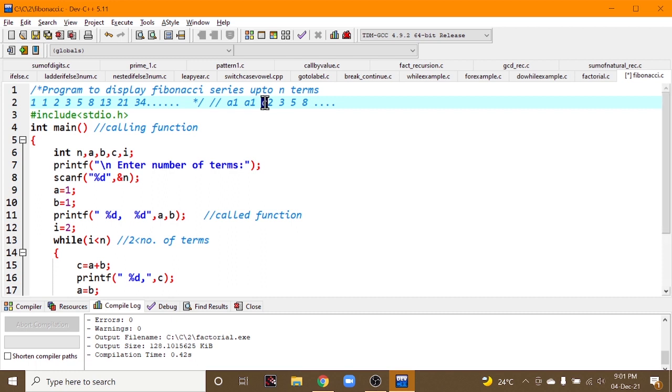Initially at the second position there was b, at the third position there was c. So now this position must be a, nothing but a equal to b, and this position must be b, nothing but b equal to c. That's it. Or if you want, I can make you understand this way.